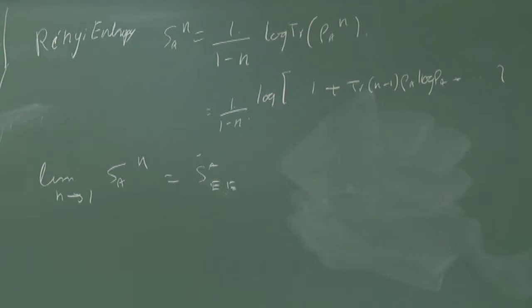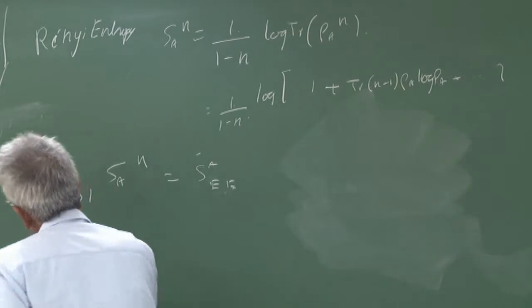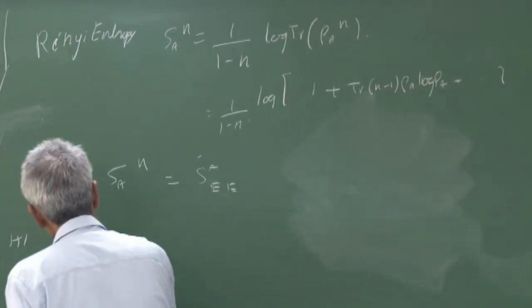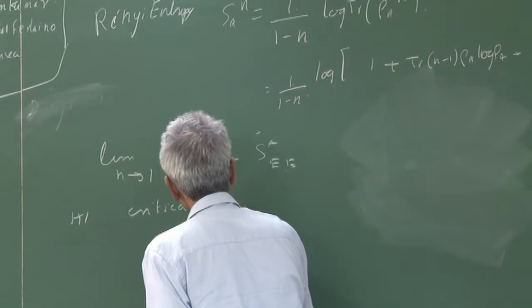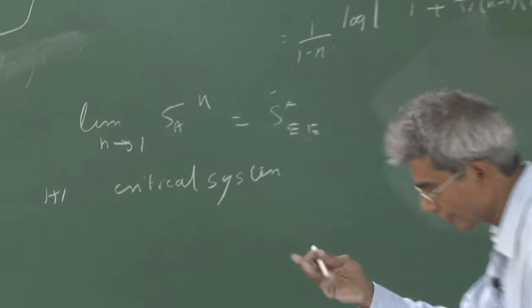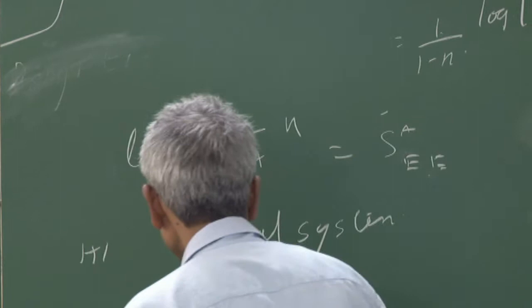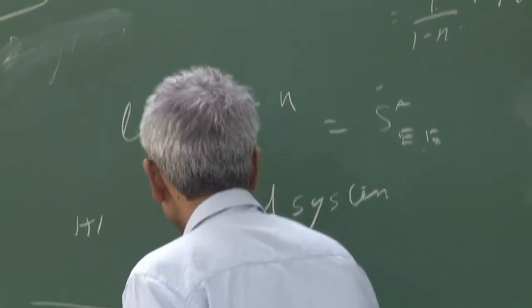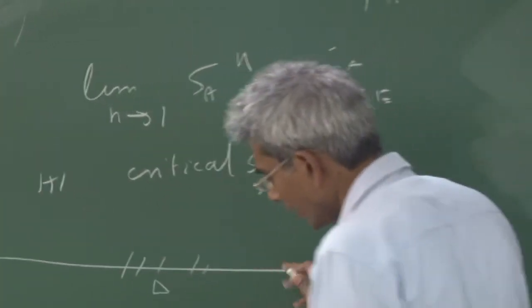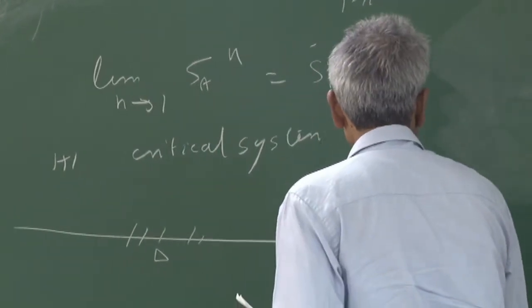As we have seen in quantum field theories, it is quite difficult to compute this quantity, as was mentioned in the previous talk. But in 1+1 dimensional critical systems, that is 1+1 dimensional conformal field theories, there are quite a few exact results. Suppose we are in this context, a spatial line with a region of length delta. Then S_A is c/3 log delta over